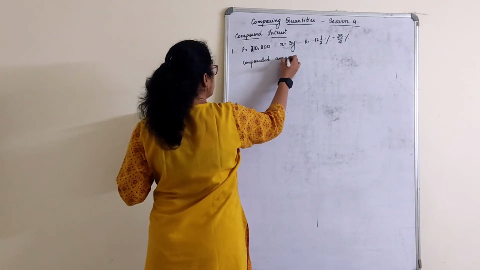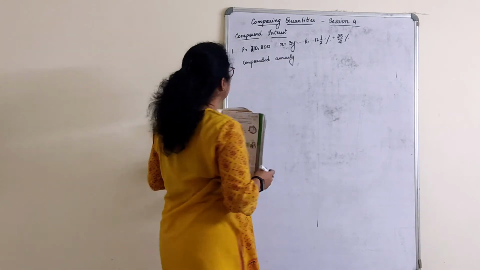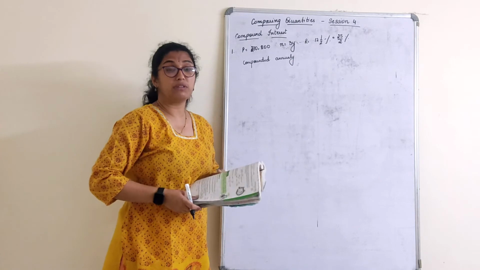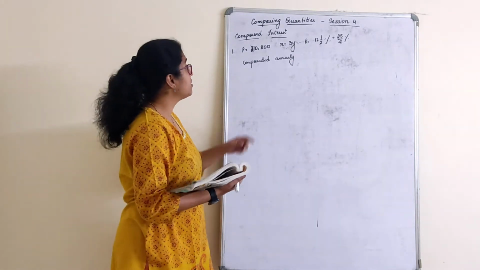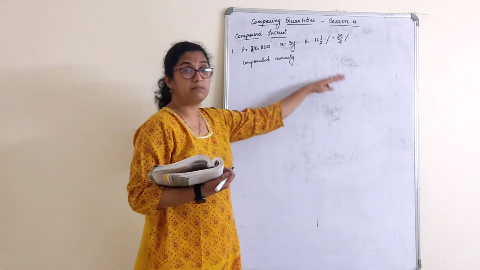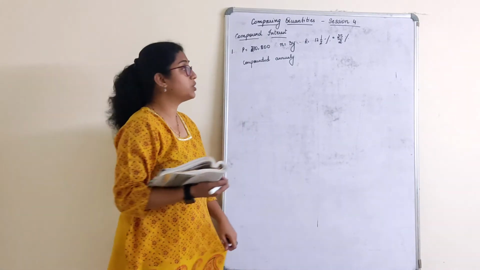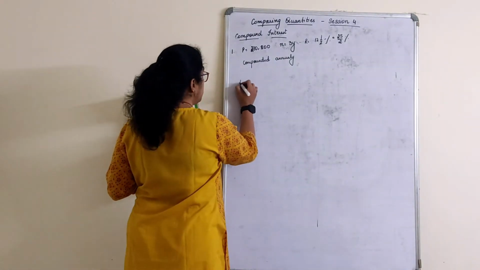Compounded annually. Now we have been given directly to find the compound interest. There is no word mentioned as simple interest directly. Otherwise, what will happen, children? You can also do this by simple interest. There are many methods of doing it. I'll use the simplest one to do this now. Directly apply the formula.